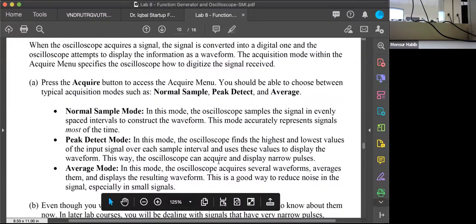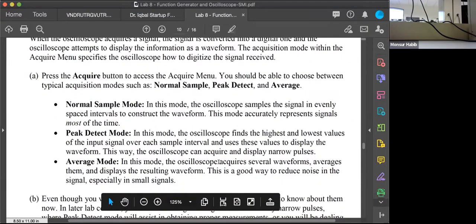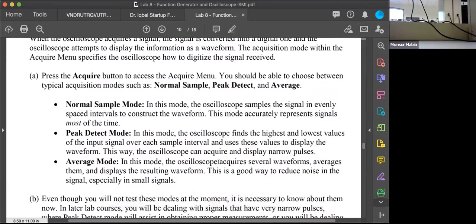One is normal sample mode, where it reconstructs the signal in an evenly spaced way. Or we can detect the highest and lowest values, and then it takes those 2 values and rebuilds the wave according to them. Or we can ask it to take several waveforms, average them out and show us the average. They all have their own pluses and minuses when we are doing the actual measurement in a circuit. But for us, we'll stick to normal sample, where it takes the evenly spaced points and just reconstructs the waveform,